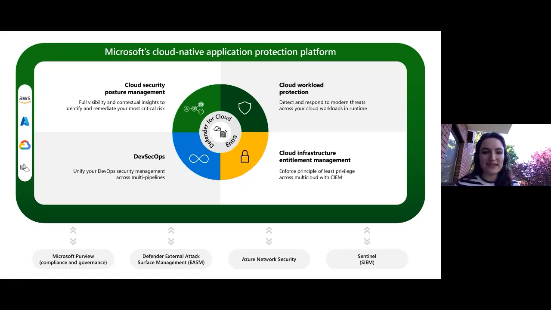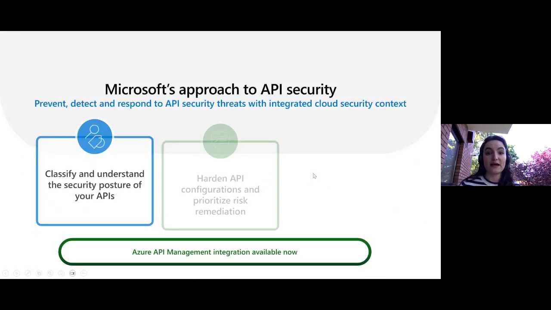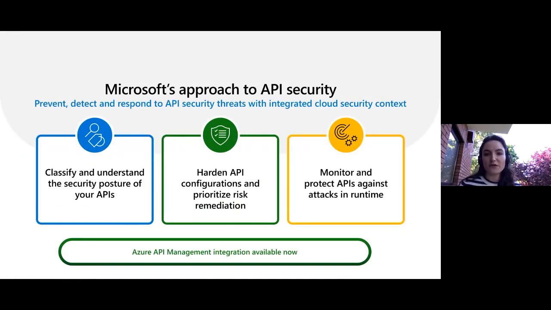So that's where Defender for APIs sits, but let's talk about Defender for APIs now specifically. The first thing that I'll say is that currently with Defender for APIs, we are able to protect APIs that are part of APIM, which is Azure API Management. So if the APIs are sitting behind an Azure API Management, then we are able to protect them with the following capabilities that we have on the screen there.